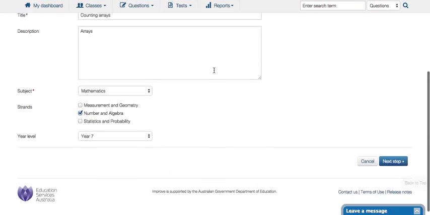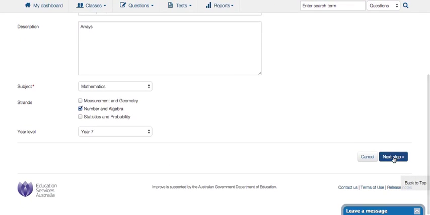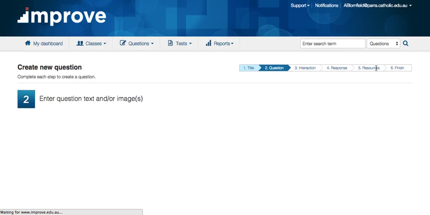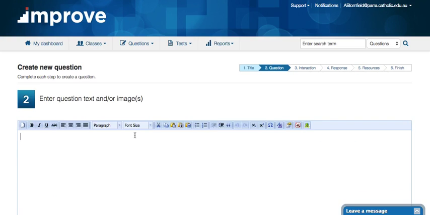Okay, and we go down here to next step. So you can see there's a number of steps we have to go through here. So the question is this, what is the best